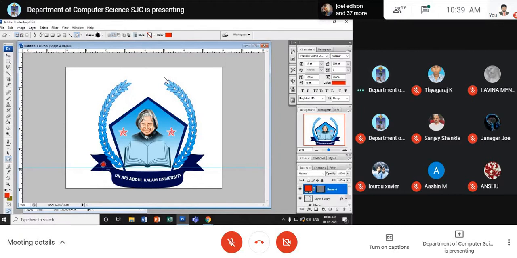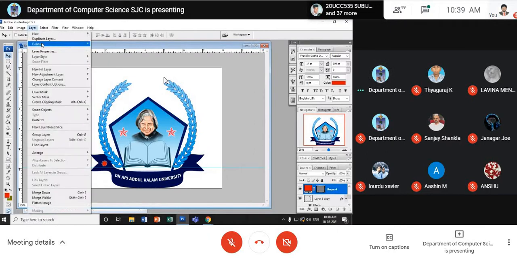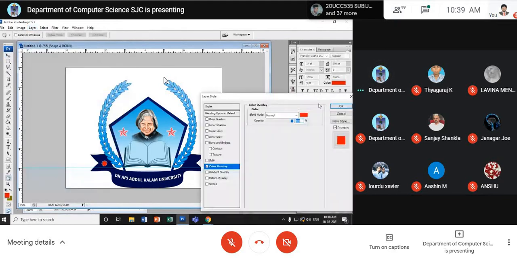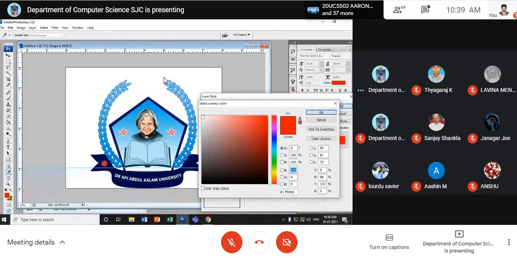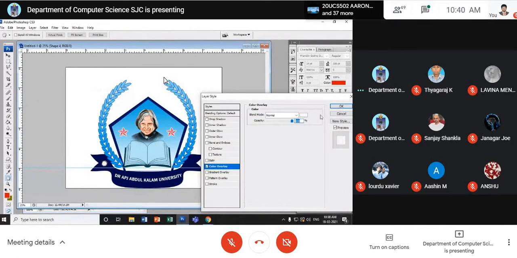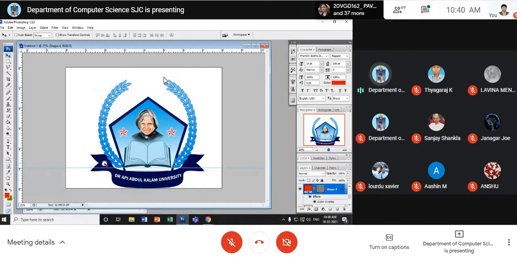When you press the shift key, it will be proportionate. I'm just going with white color. Taking the same, I'm pressing the Alt key and put it here. One more copy here, just adjacent. Right, I have finished everything.